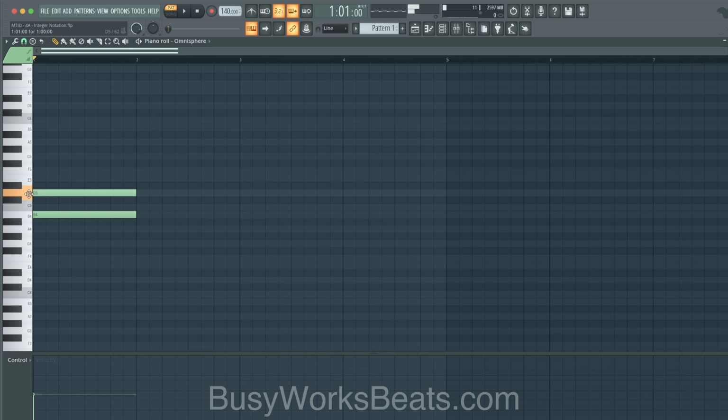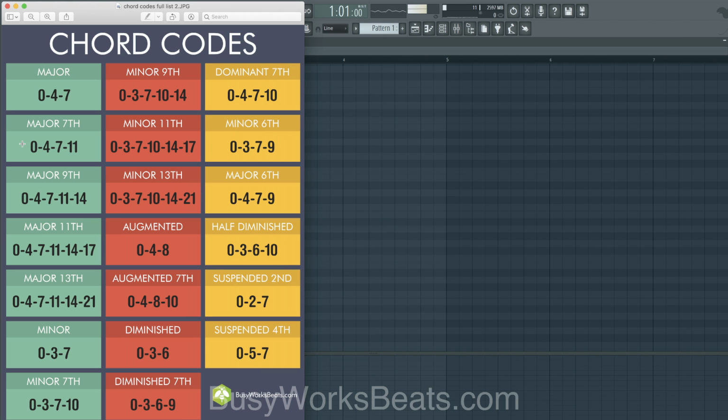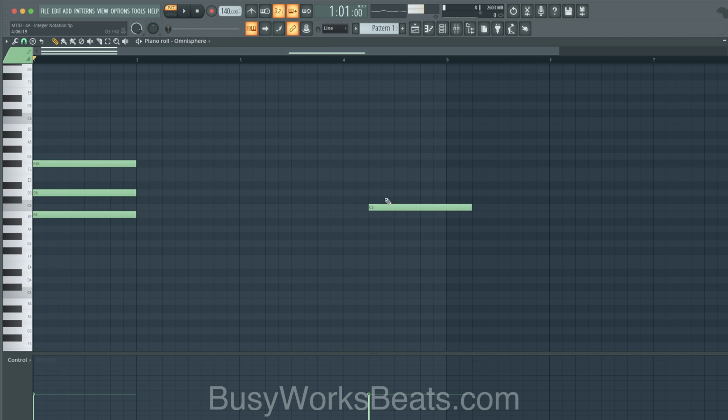Okay, so we have B, D, and let's make a major 7th. Let's go back to our chord code chart. Over time, you'll start to realize you're either going to start with a major seventh, a minor seventh, or a minor ninth. If you're going jazzy, you might start with a minor 11th. Those are pretty much your main starting options. Unless you're going with a simpler type of track, like The Weeknd or something, you would probably go with a simple triad, like a major or minor. But you pretty much start with the same types of chords. Rarely do you start on odd chords like dominant, augmented, diminished. You really don't start with those chords because they're used for more of a turnaround, which is at the end of something.